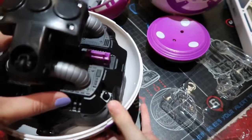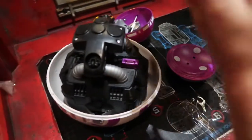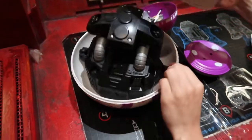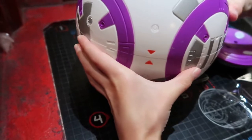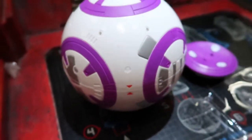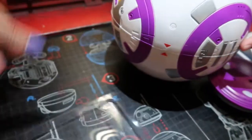Does it go in that way? Okay. And time to close up. Put the droid together. Okay, and then lock your droid. There you go. Perfect. Alright, next step is...